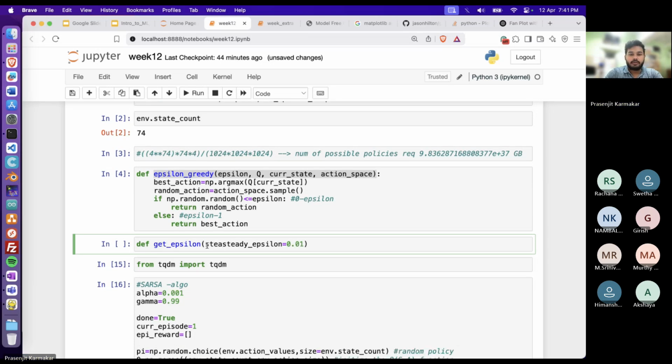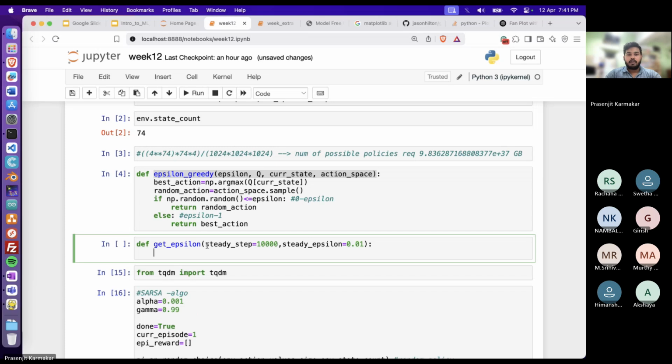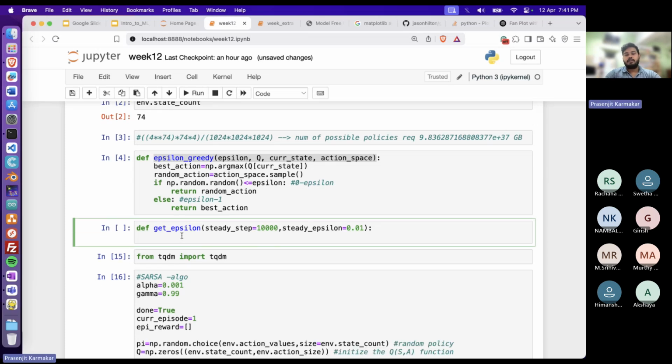Steady step. So at which step it should go steady? Okay, so by default, let's keep it 10,000. So after 10,000 iterations, it stays steady at 0.01 exploration. So what is the equation? So my equation would look like,